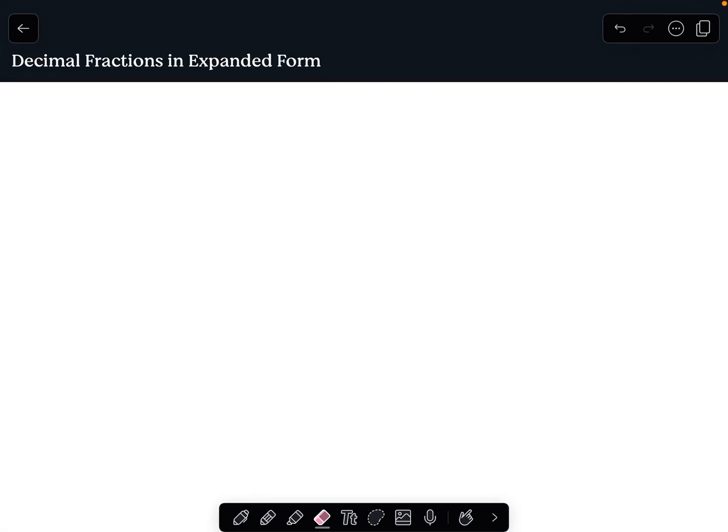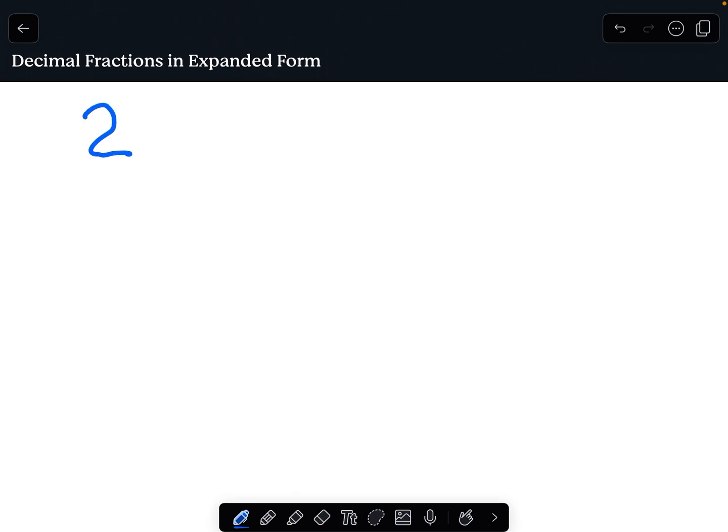Hello, mathematicians. Today we're talking about decimal fractions in expanded form. Now, this is something that sometimes confuses some students because it can be slightly different than writing out regular whole numbers in expanded form. Well, let's start there. Let's say you have the number